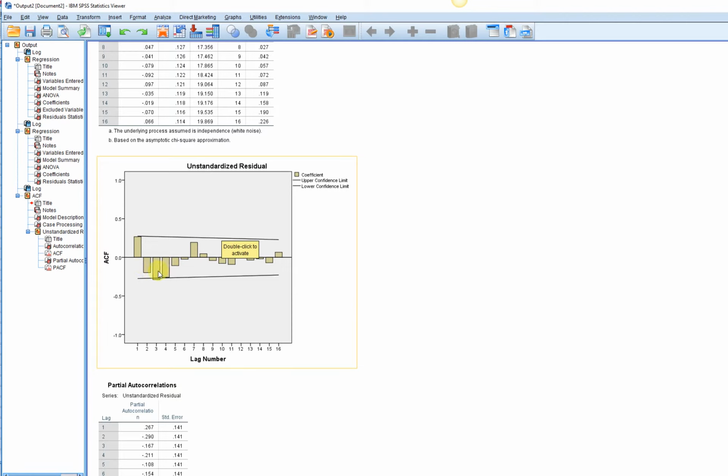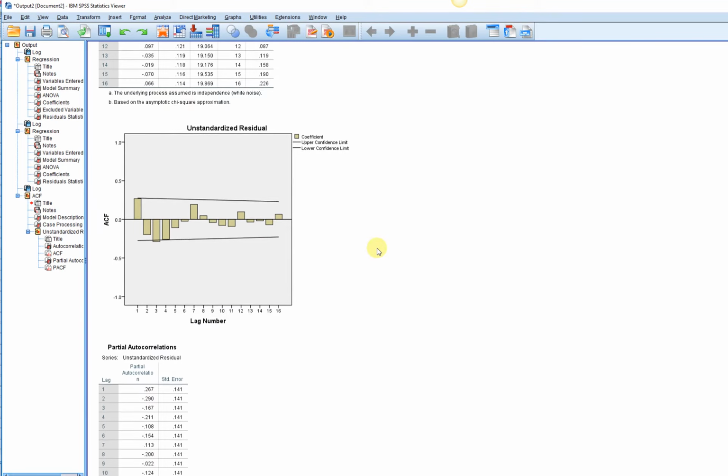Basically, these bars reflect 95% confidence intervals, and the basic idea is that if the bar is touching or extending beyond these lines right here, then that would suggest that you have a significant autocorrelation at a particular lag. If we scroll down a little bit further, you can see that we have